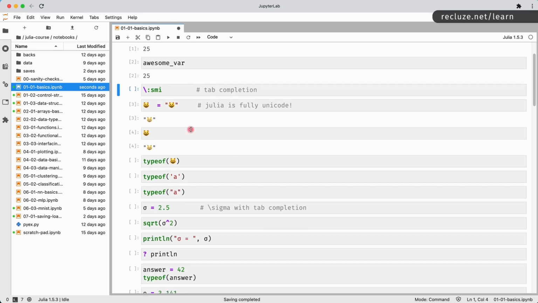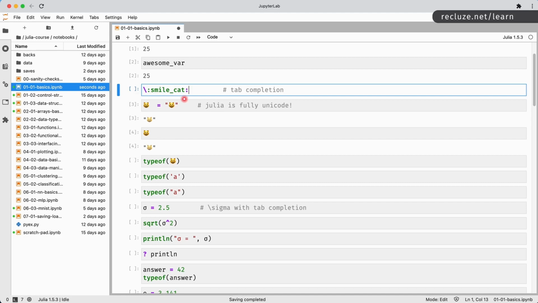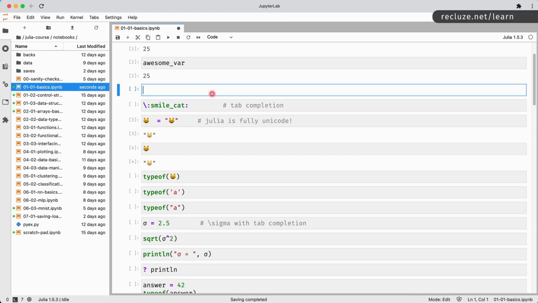So forget about this for a minute. This is how you type it. I'll cover this again. So /:smi, and then here you hit tab, you get a drop down, you hit enter, that completes it, and then hit tab again and enter, and that inputs it. It seems like a lot of work for emojis, but you're not going to do emojis in code. The Latin and Greek symbols, they're really easy. So you say /sigma, hit tab, and you're done.